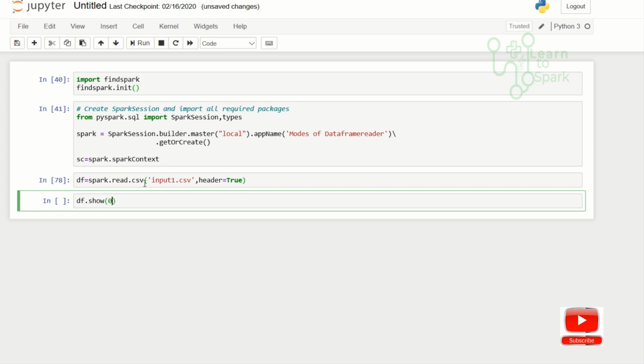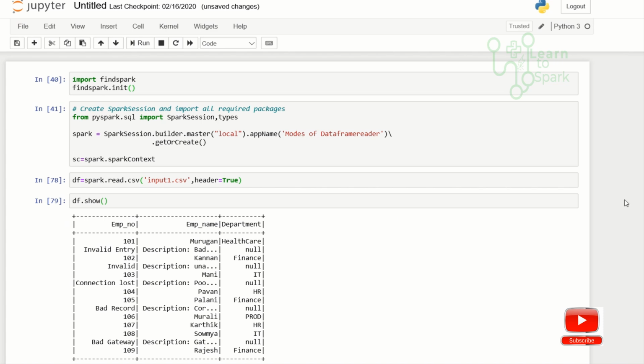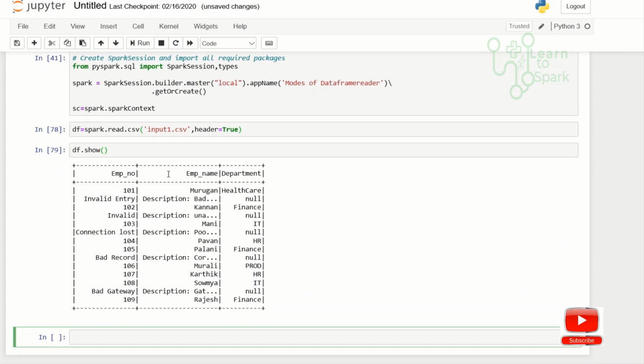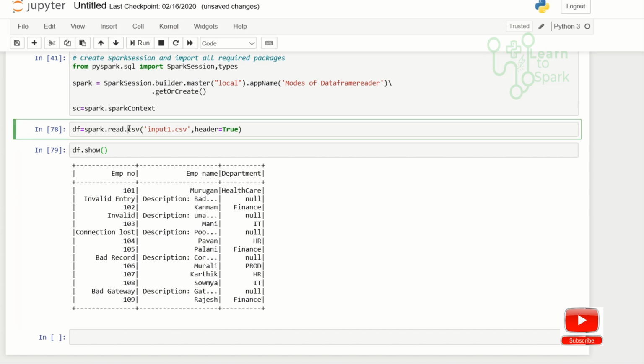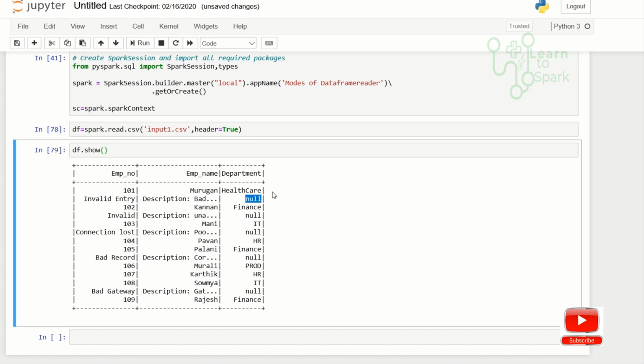Let us quickly check the output. Here you can see we have employee number, employee name, department, and the invalid records are not removed, instead it has null values for the columns that are not available. This is an example for the permissive mode. Even if we declare the option as permissive or not, since by default Spark takes it as permissive, we are having null values and corrupted records.